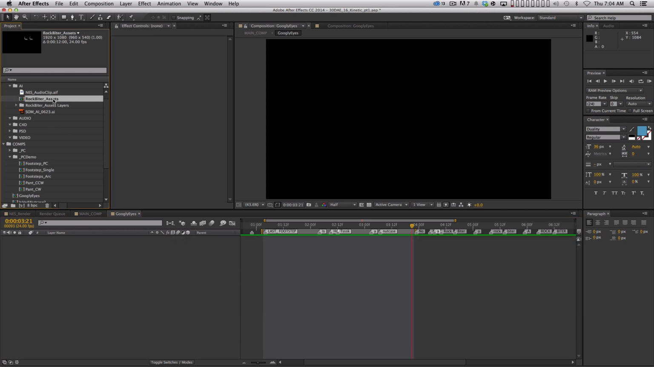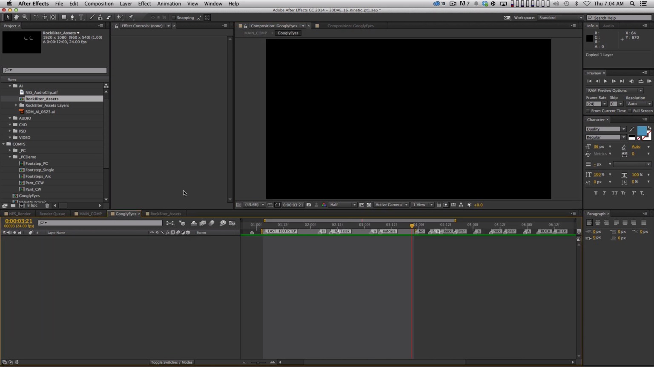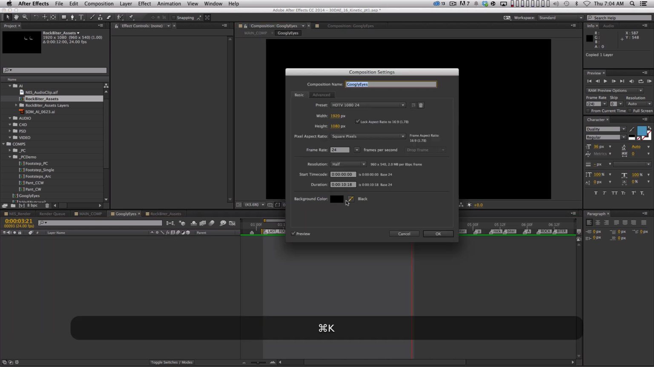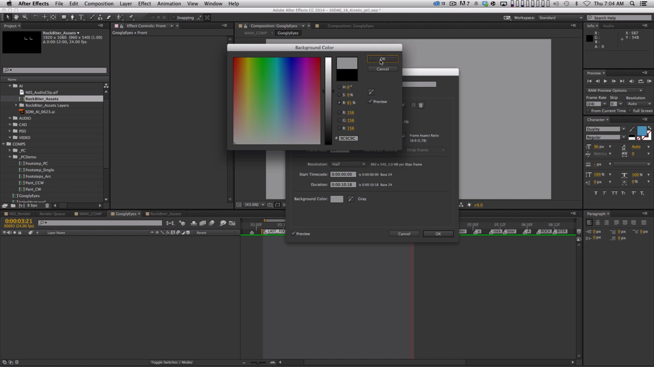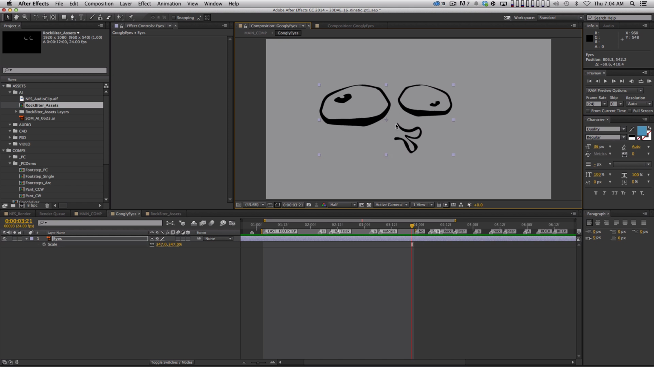We'll hop into our Illustrator file and we'll grab our eyeballs. And I drew this little mouth for him too. I was kind of thinking like a Ren and Stimpy looking mouth, but I didn't end up using the mouth because it just kind of looked really bizarre. But for the eyes, all we need to do is